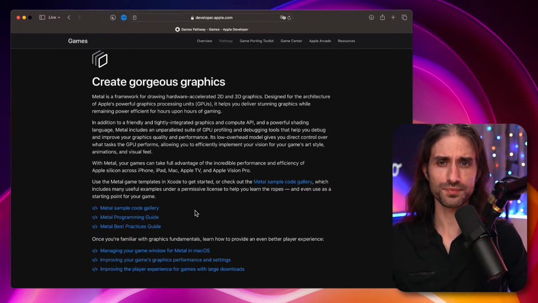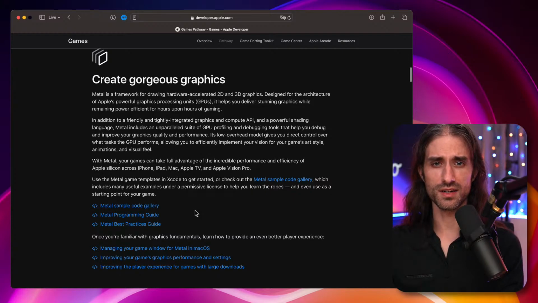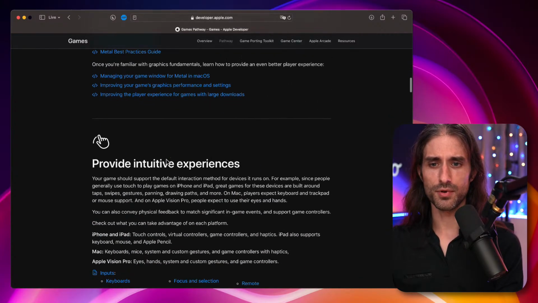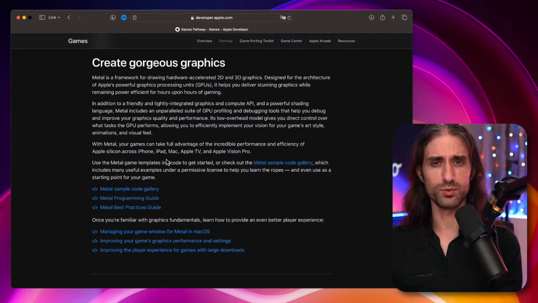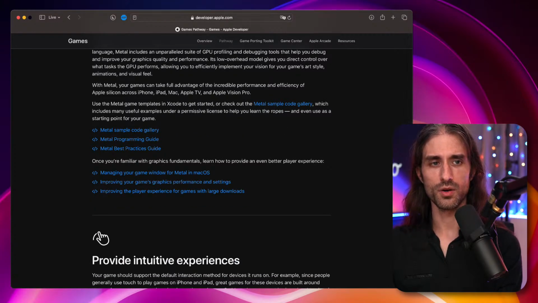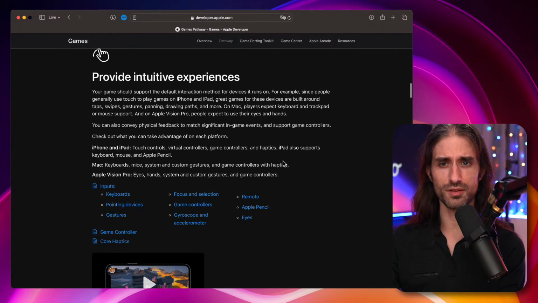And then it's about the big topic, creating beautiful graphics, but that means learning how to use Metal, which is Apple's version of OpenGL. I think that they use different patterns and architectures, but it's the equivalent of OpenGL or DirectX on the Apple platform. So there are some sample codes. Same thing, maybe one day I would like to do a live stream about Metal, but I need to find a great tutorial for it because it's such a complex topic, and I'm not going to lie, I only know the very basics of it.